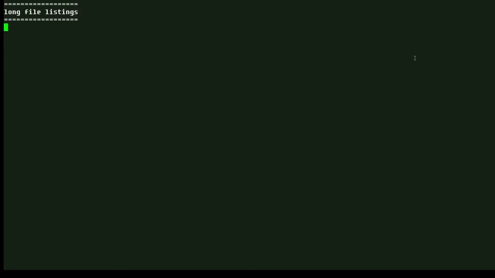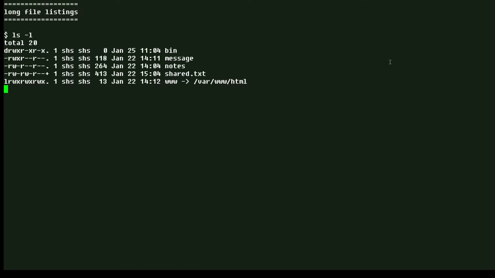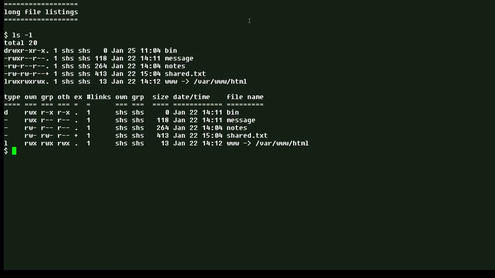In this Linux tip, we're going to look at long file listings. Basically, file listings using the ls -l command so that we can examine all the provided details. A long file listing will look something like this. Here's the ls -l command, and there's a bunch of files in this directory that we can look at, but I've added this to this video to basically break all that information into the various columns.